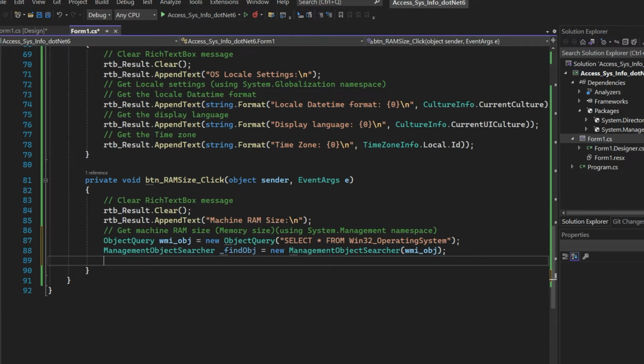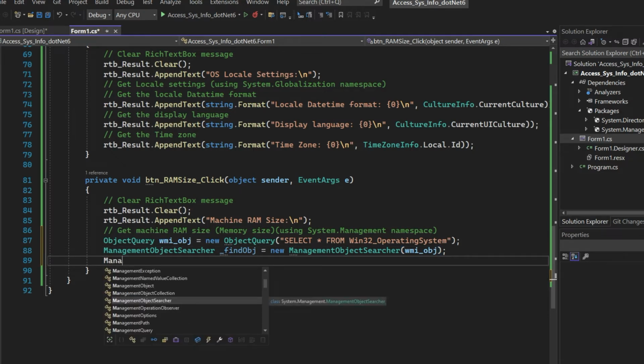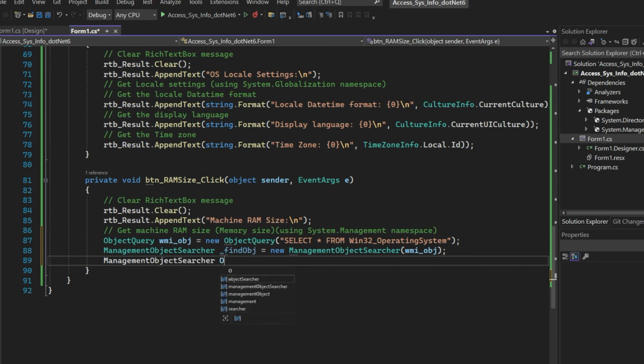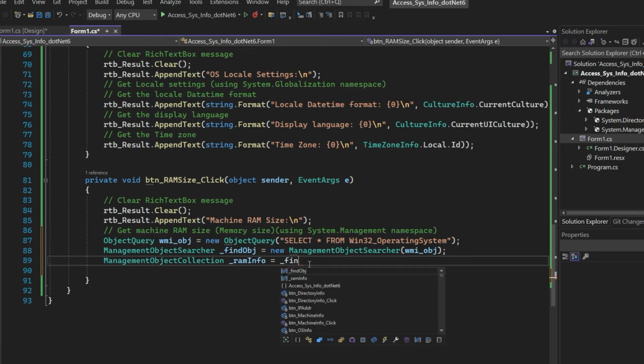Then we use a management object collection to hold the result we get from the management object searcher. We name this variable _range info, equals _find obj.get.